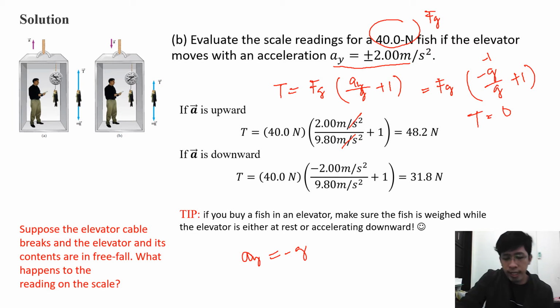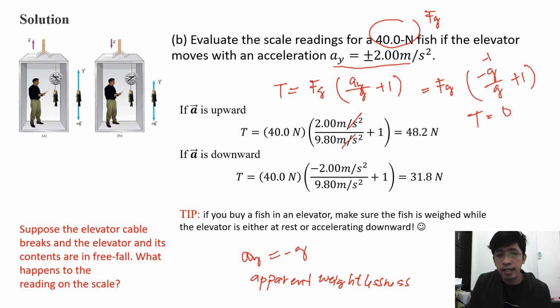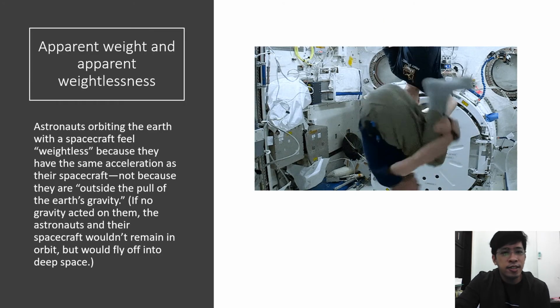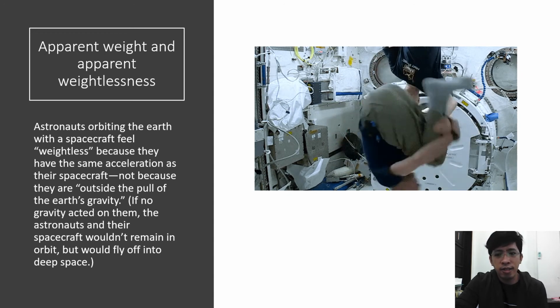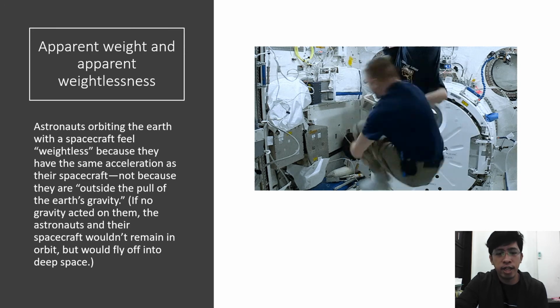So what you actually feel, or what you actually observe here, we call this apparent weightlessness. It seems that the weight of the fish is zero, so it weighs nothing. So it's called apparent weightlessness. The apparent weightlessness is actually what the astronauts feel when they are in space orbiting the